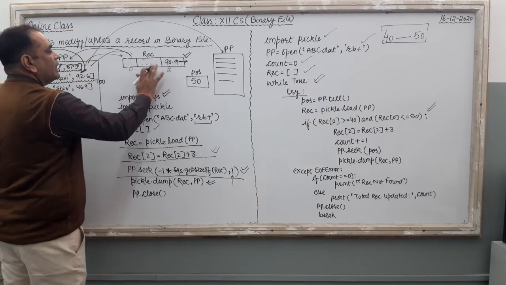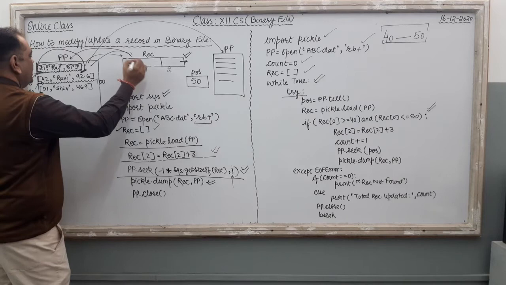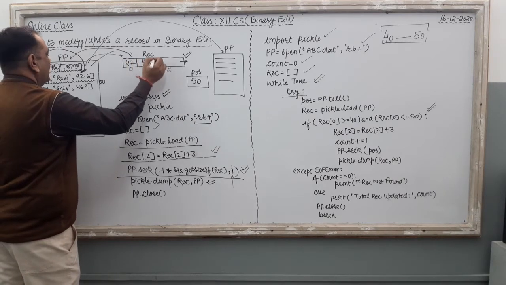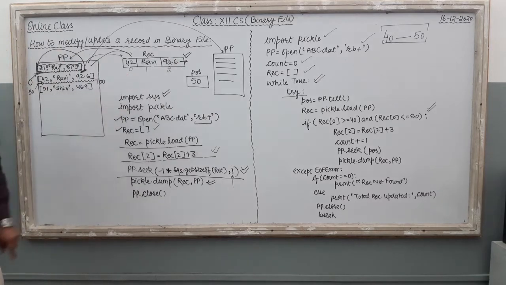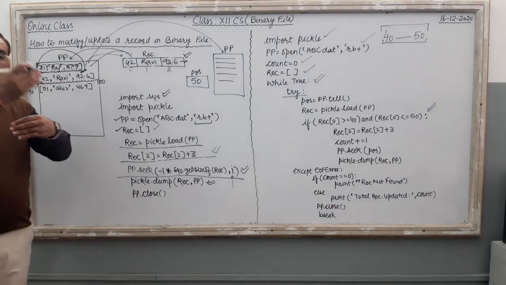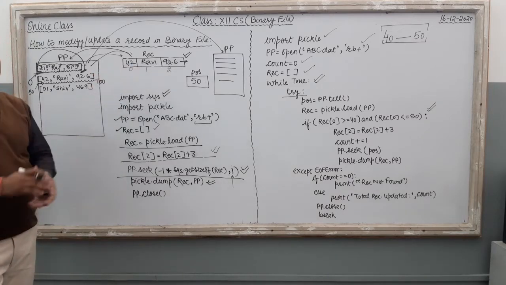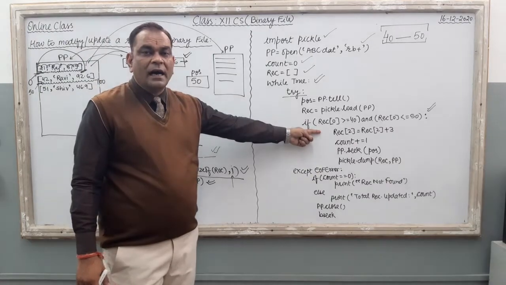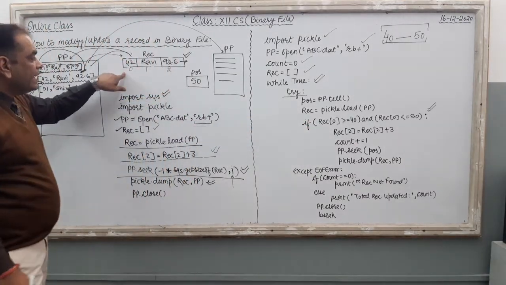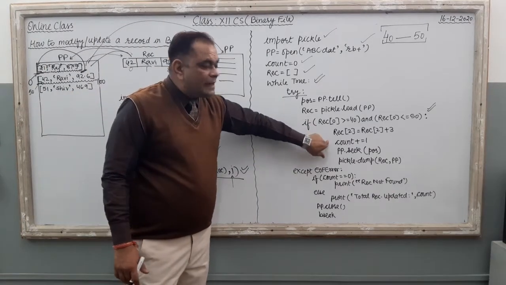So what has come into REC now? Just see. The record REC contains: the roll number is 42, name is Ravi, and the percentage is 92.6. It is available in the REC. The first record's values were updated, deleted, and the new values came into REC. Now here, if is true. Just check this one: REC[0] greater than or equal to 40, and here the roll number is 42. Now you are inside the if block.